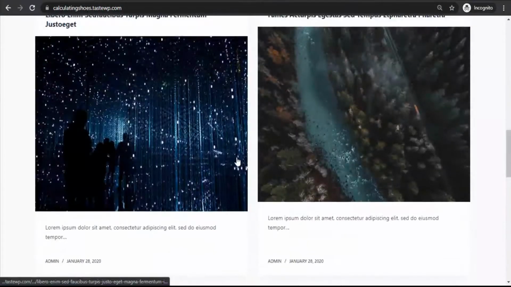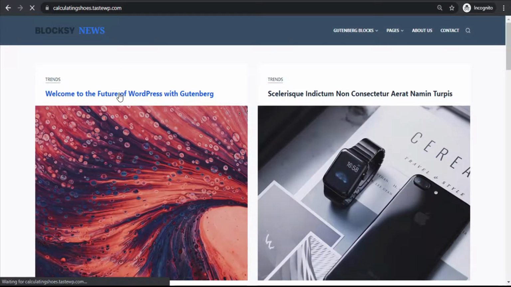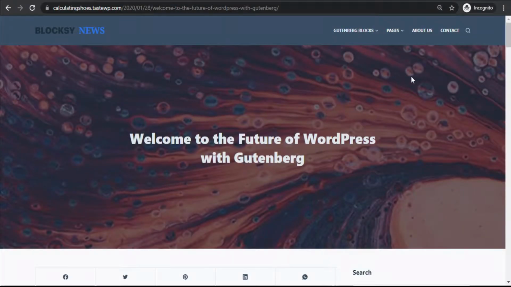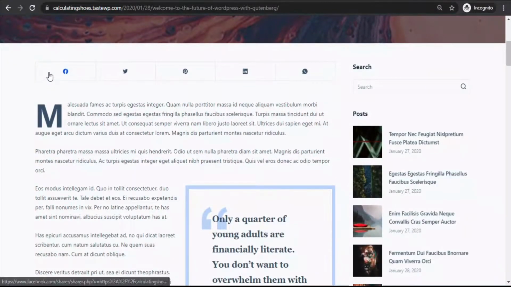And now let's open any one article and show you how it looks. So if I go here and click here, so here we can see we have a big picture here and the title of the article. Then if I go down, we have a share now option here, and this share now also have this WhatsApp option, which to apply this in other theme you have to install some external plugins.